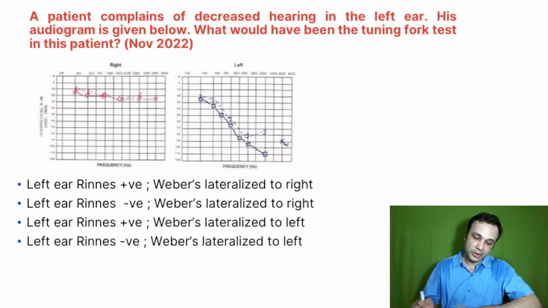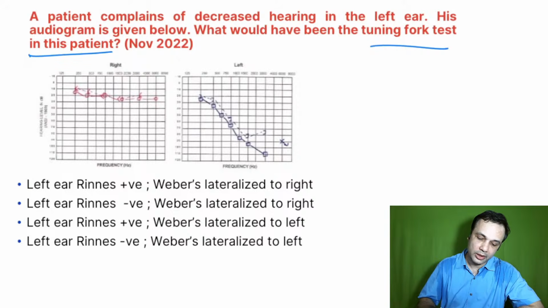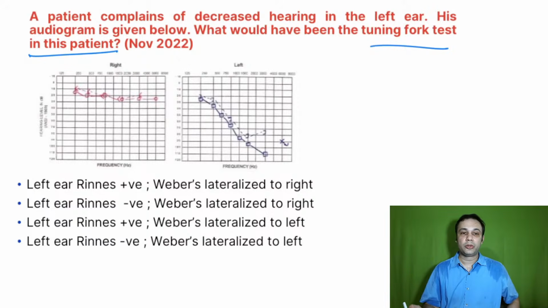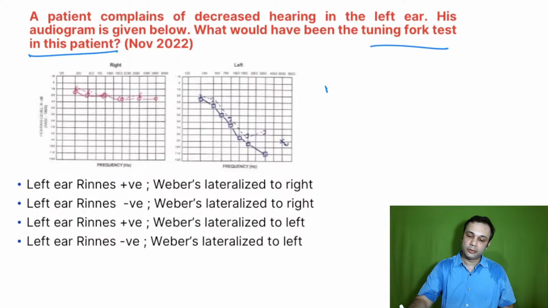Now let's come to the next question. A patient complains of decreased hearing in the left ear. His audiogram is given below. What would be the tuning fork test in this patient? So here what you need to understand is what type of hearing loss is there in this patient, right? This is a sort of a twisting question. You have a